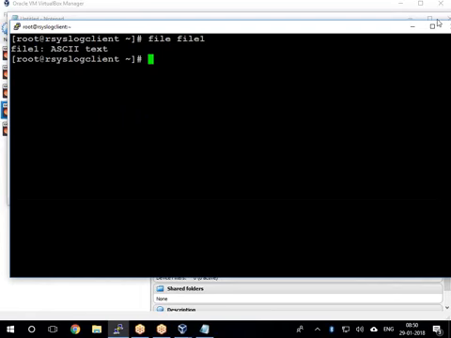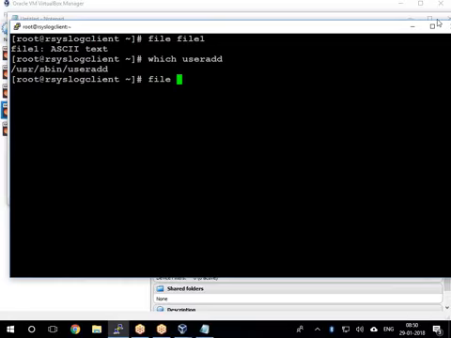If you want to see the useradd command's binary location, what is the command? which useradd. It shows it, right? Now specify file /usr/sbin